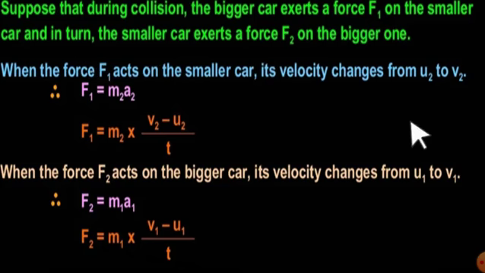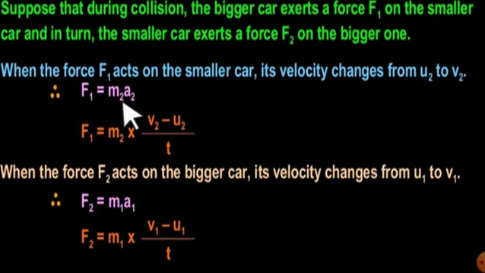Okay, so your bigger car also gives a force onto the smaller car, and at the same time the smaller car will also give a force onto the bigger car. So let the reaction given by the bigger car onto the smaller car be denoted by F1. That is the meaning. So what happened? Its velocity changes from u2 to v2. That means the smaller car will experience the force, right? Because the force is given back by the bigger mass, by the bigger car.